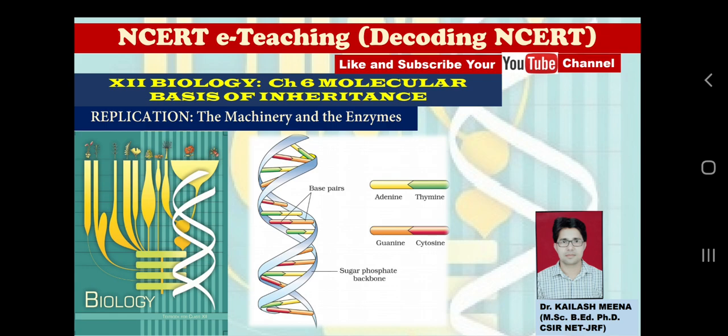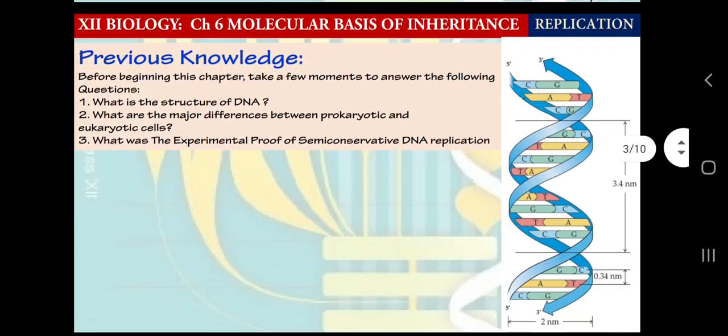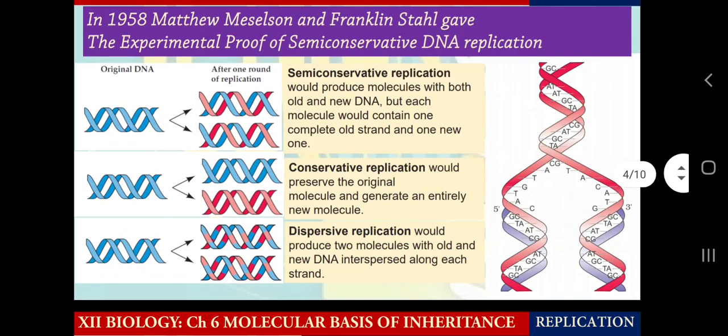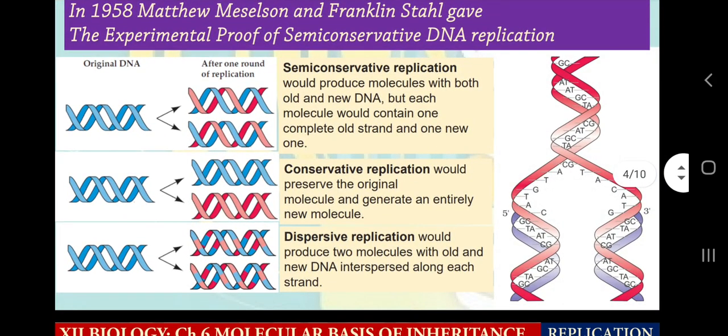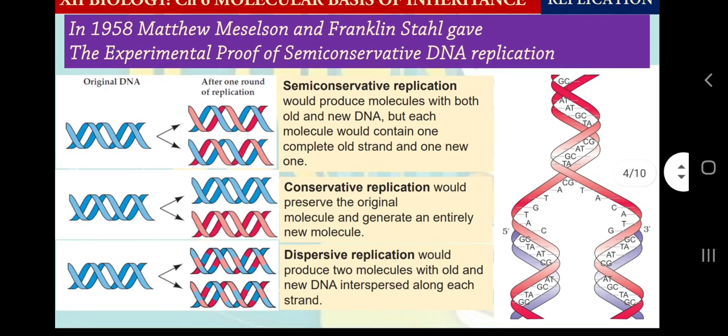Next, we have discussed packaging of DNA in chromosomes in a eukaryotic cell, and in my last video I have explained the experimental proof of semi-conservative mode of DNA replication. So in that video we learned how in 1958 Matthew Meselson and Franklin Stahl gave the experimental proof of semi-conservative mode of DNA